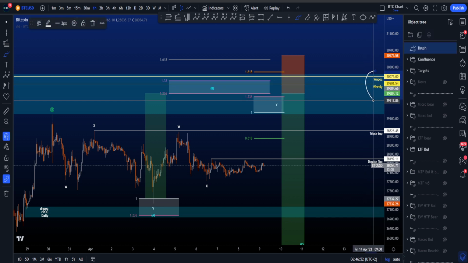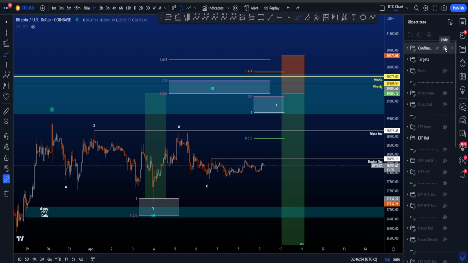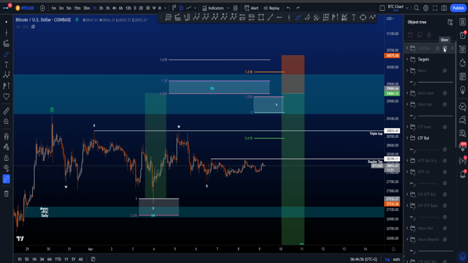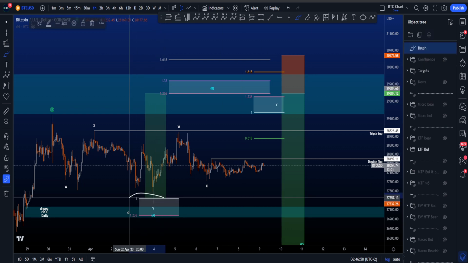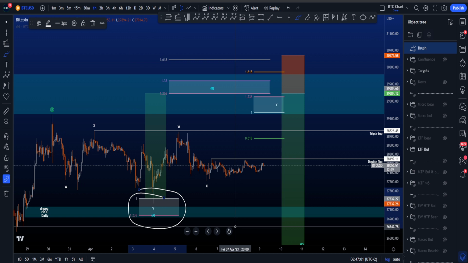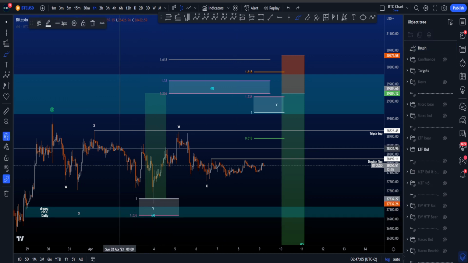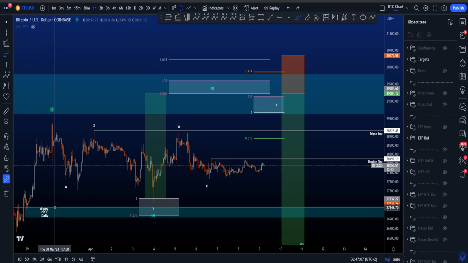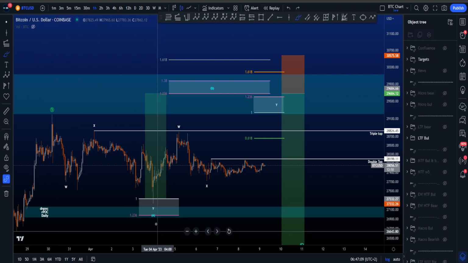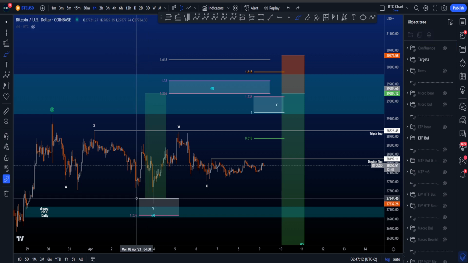with the weekly naked point of control and the weekly right here, besides the fact that 30k of course is a psychological level. Then over here with wave Y, it did bounce very nicely in the target area for wave Y, but as you can see, the wick actually just missed out on hitting my target box, and usually I do like my target boxes to get hit, so this is a little bit awkward, but nonetheless we did hit